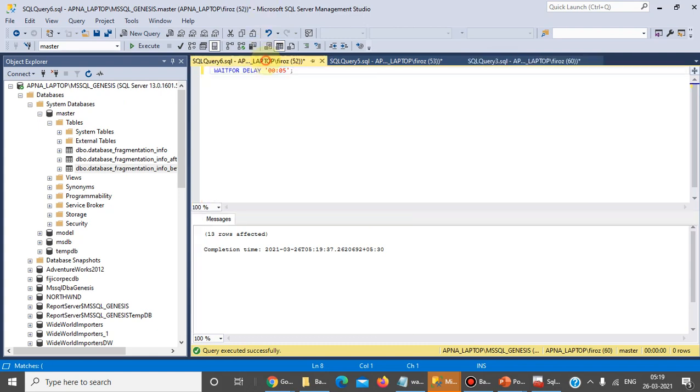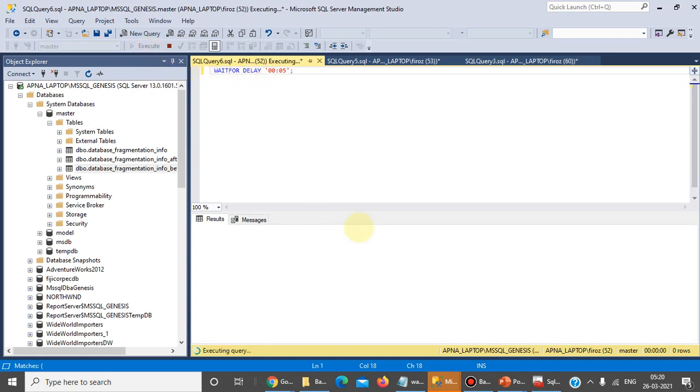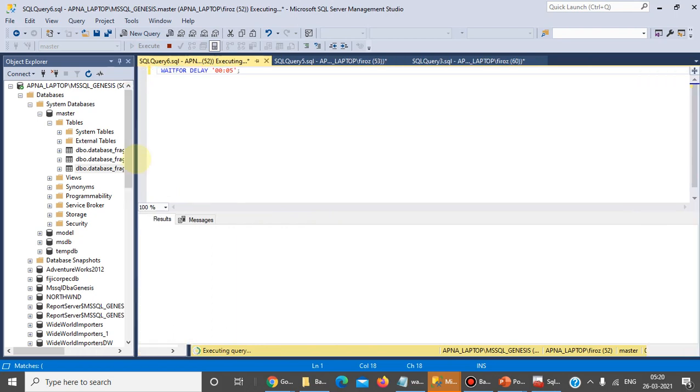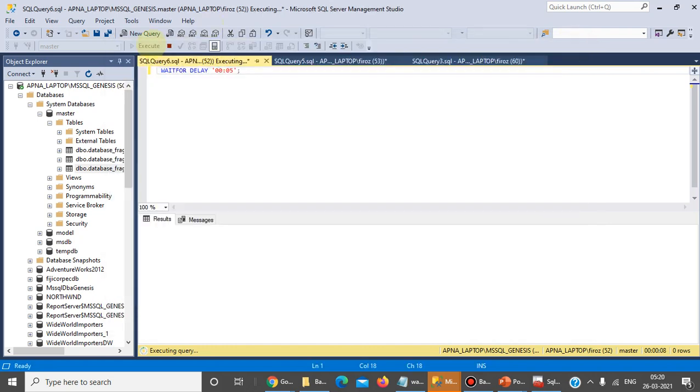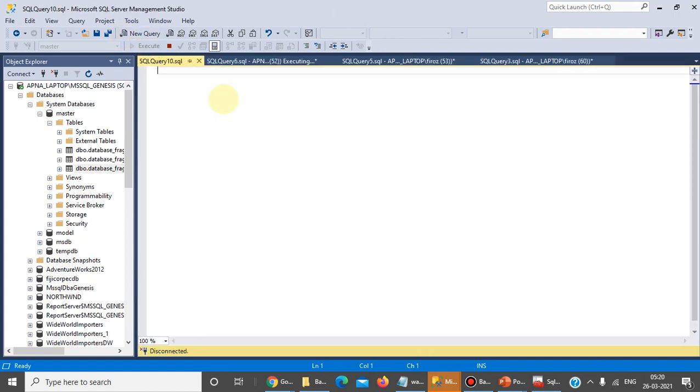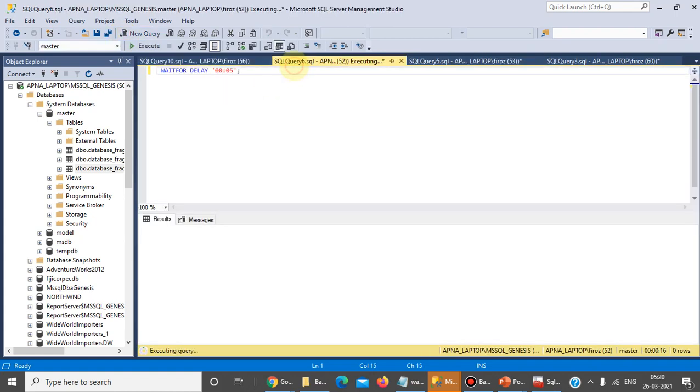Let's create some demo. We are running this WAITFOR DELAY for 5 minutes. Actually, this will create a wait type event of WAITFOR.